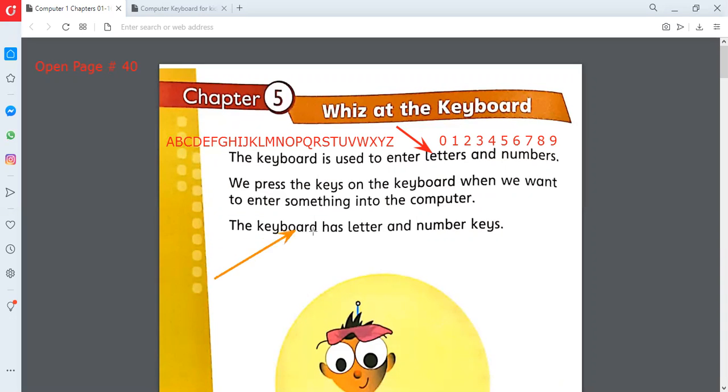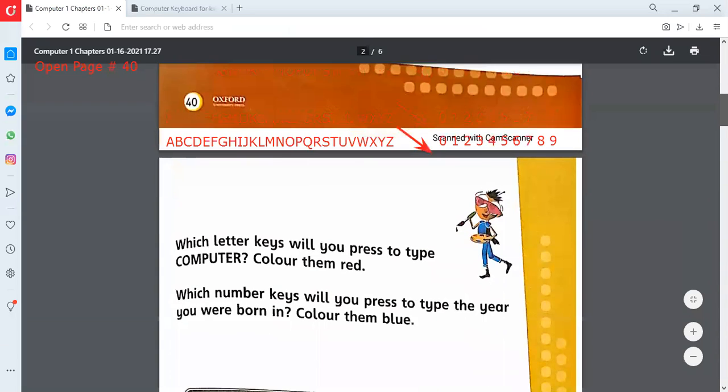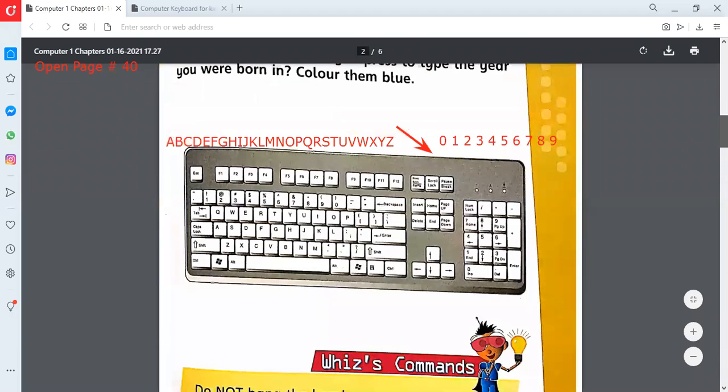So the keyboard has letter and number keys. As I showed you the picture of letters and numbers on page number 41, let me once again move to page number 41 and show you the picture that is showing the letters and the numbers.